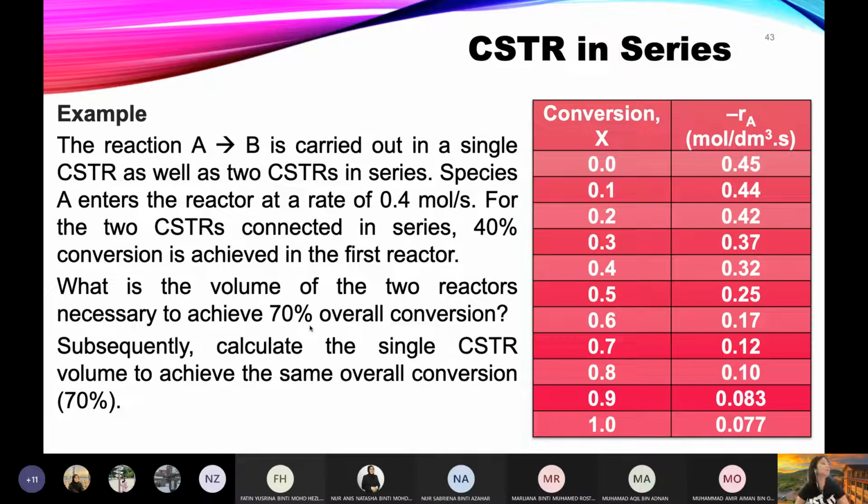Okay, next part of the question. Subsequently, calculate single CSTR to achieve the same overall conversion 70%. So part yang seterusnya soalan ni kata untuk reaktor yang single tu terus capai 70%. Dia tanya berapa besar reaktor volume tu. So you understand this question dia adalah dua dilema. Dilema pertama, kalau saya nak guna dua reaktor dalam series, di mana reaktor pertama 0.4, the second reactor 0.7, what is my volume for both reactor? Or let's say I just want to use one reactor terus achieve 70%. How big that reactor will be? So you have to calculate basically 3 reactor volume, 2 yang berseries, 1 for the single reactor.